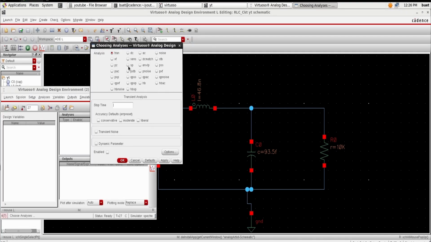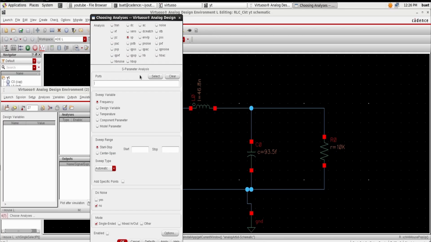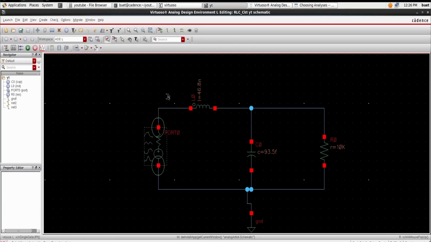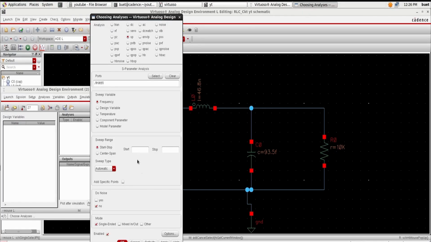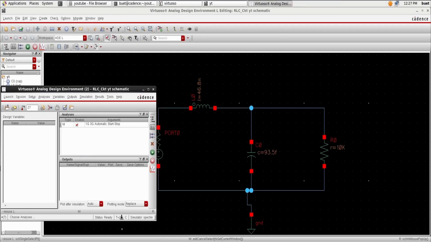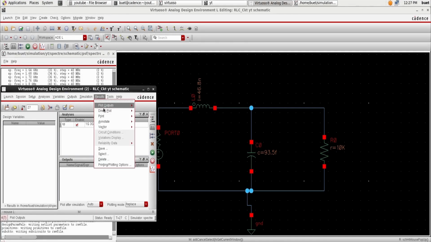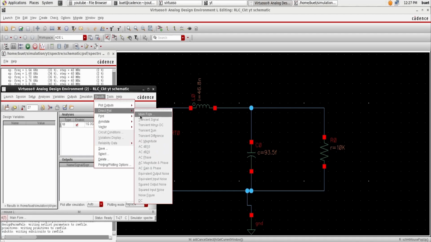Here choose your analysis as SP, which is S parameter, and we will explain in the next video why we are going for this S parameter analysis. Now click select, click your input port. Here give your start as 1 gigahertz and the stop as 3 gigahertz. Since we are going to check it for 2.4 gigahertz, this range is much more optimum. Click OK, run your simulation. Results, direct plot, main form,